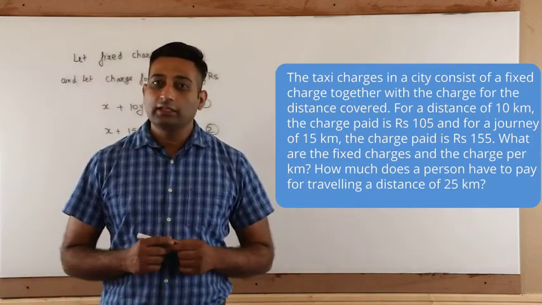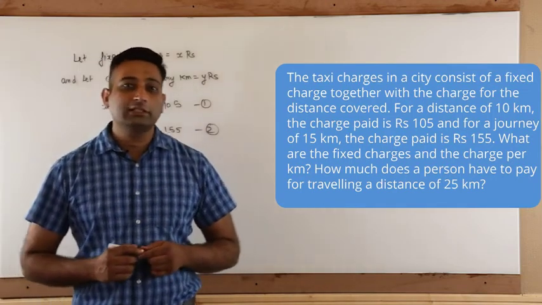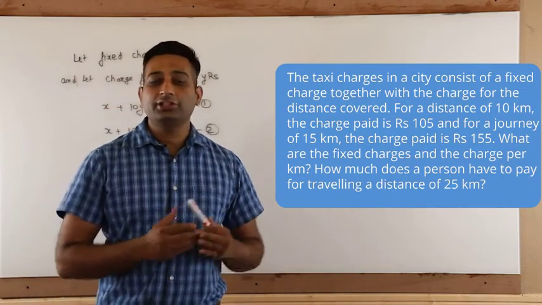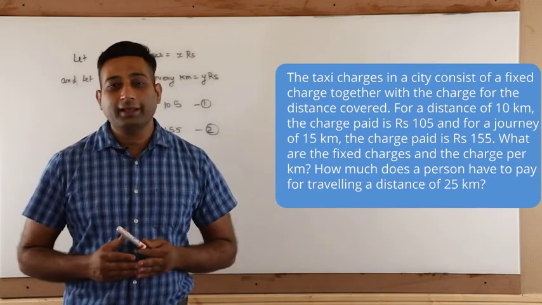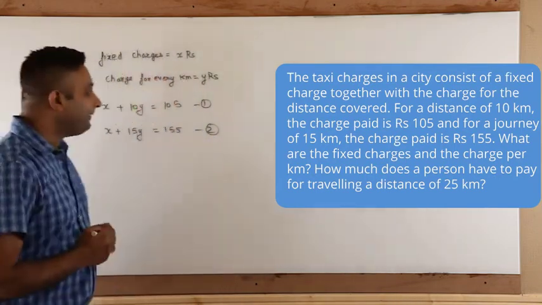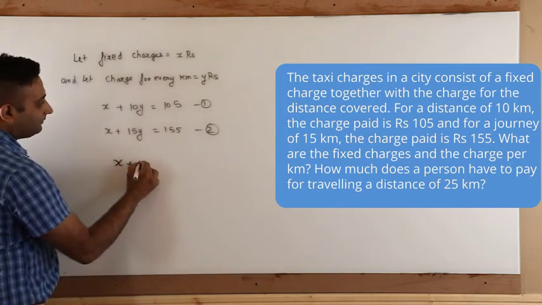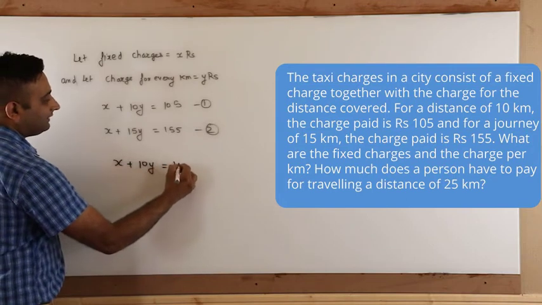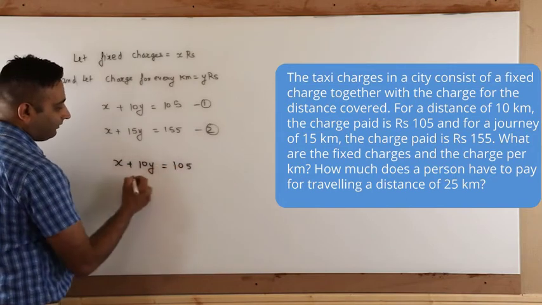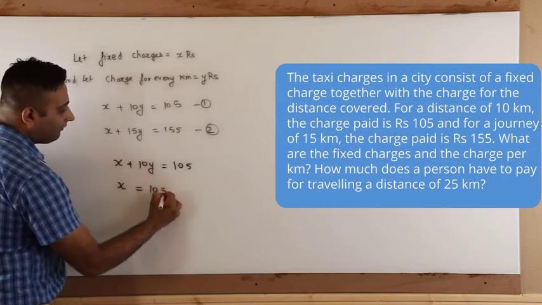Now we can solve this pair of linear equations in two variables by any of the methods we have discussed earlier, that is by elimination method or substitution method or cross multiplication method. Let us solve this by substitution method. We will rewrite equation number 1, that is x plus 10y is equal to 105, and we will find x in terms of y